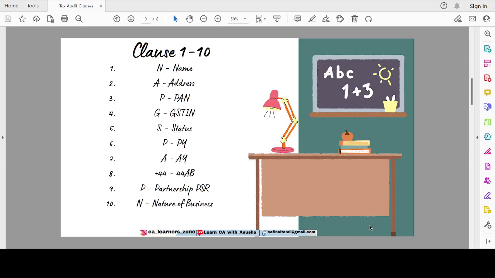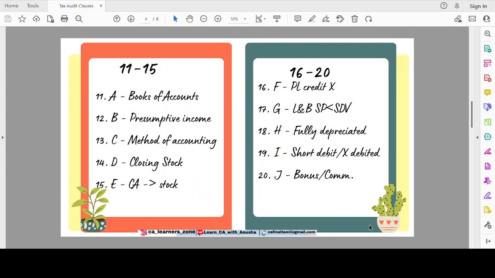Okay, name, address, PAN, GSTIN, status, previous year, assessment year, 44AD, 44AB, partnership, nature of business. A, B, C, D, E. A for books of accounts, B for presumptive income, C for method of accounting, D for closing stock, E for capital is converted into stock in trade, F for P&L credit not credited, G for land and building sold at less than stamp duty value, H for fully depreciated, I for short debit or not debited, J for bonus or